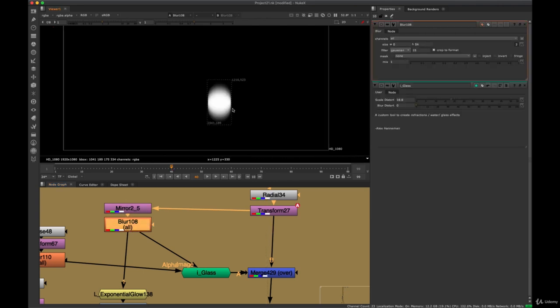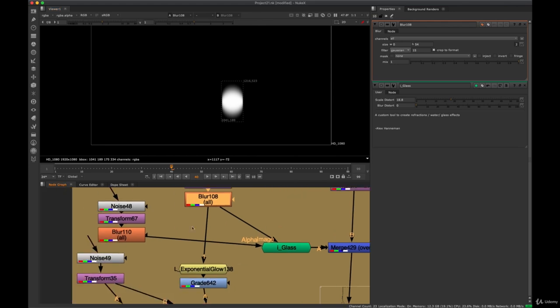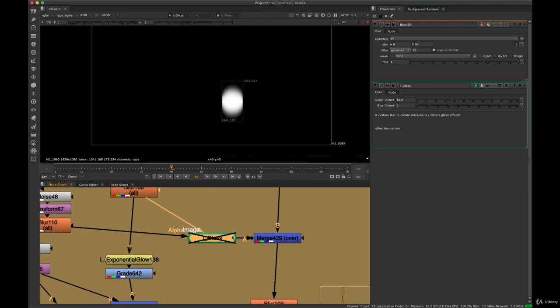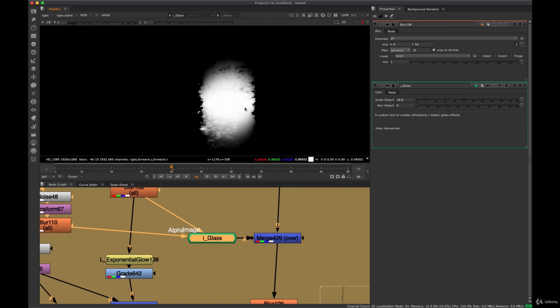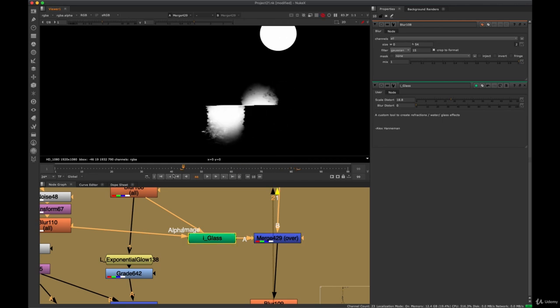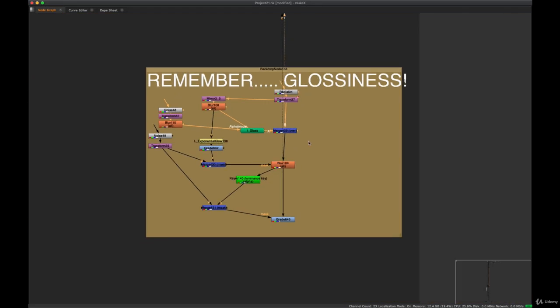I blurred it vertically because this happens sometimes with reflections, and I took a noise pattern and used my eyeglass on this, and then I merged this over the top. So we have this sort of distorting kind of mirror effect, which already gets us most of the way there. But then what I did was